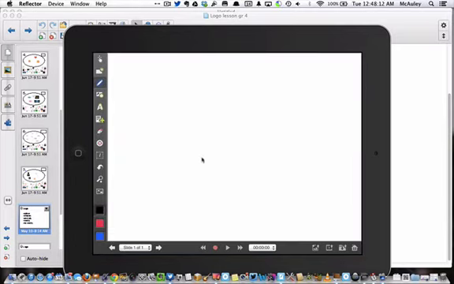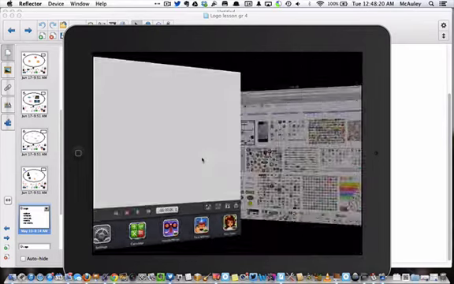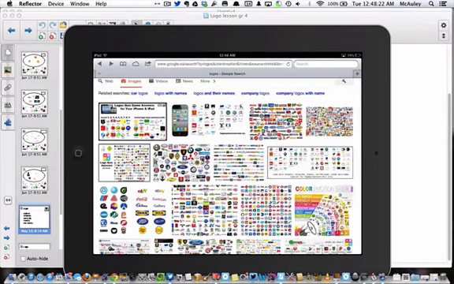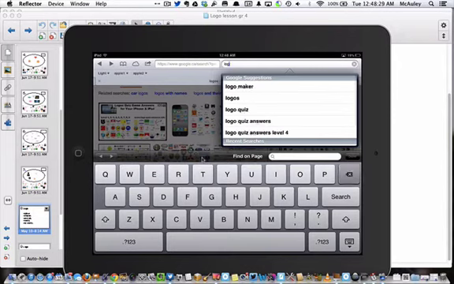And so now I'm going to insert in here some logos that I like. Now, to do that, we're going to use the internet. So I'm going to go to Safari and I'm going to do a search for logos. Here's a whole bunch of logos. I want an individual logo. So let's say I want to start with the Nike logo. So I'm going to type in Nike logo